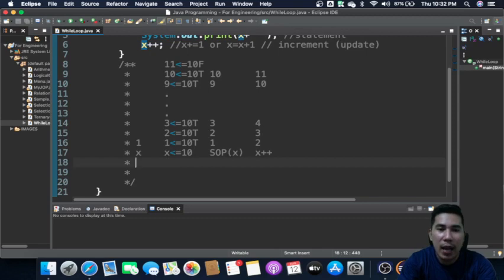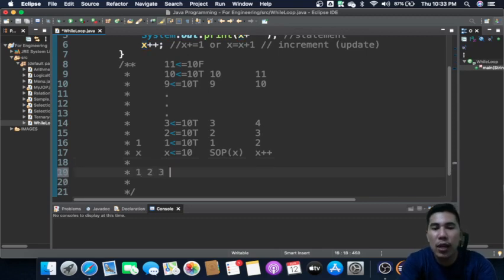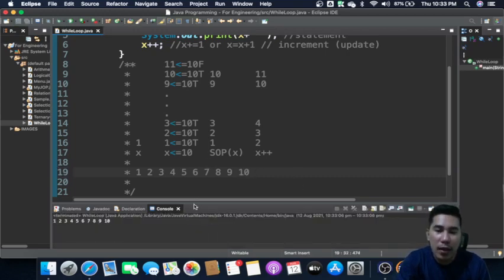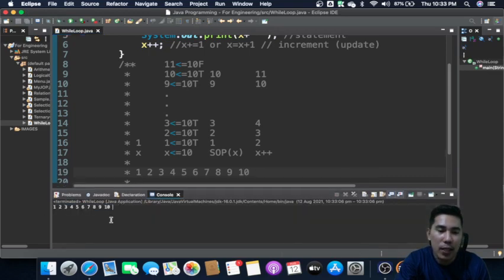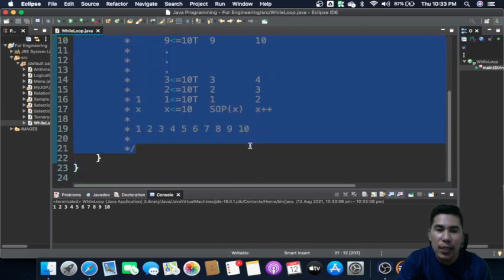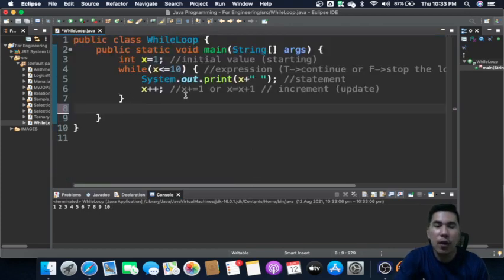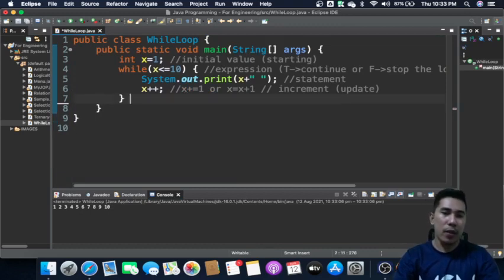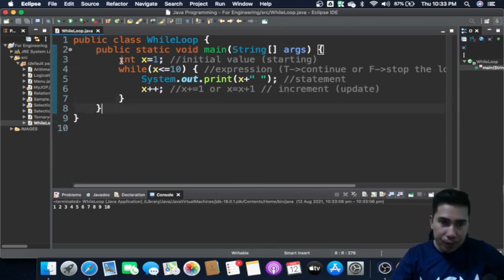So basically our output would be 1 2 3 4 5 6 7 8 9 and 10. So let's try to run this one. And there you are, you're able to display 1, 2, 3, 4, 5, 6, 7, 8, 9, 10. Okay, so that's for this one. So let's have another example.